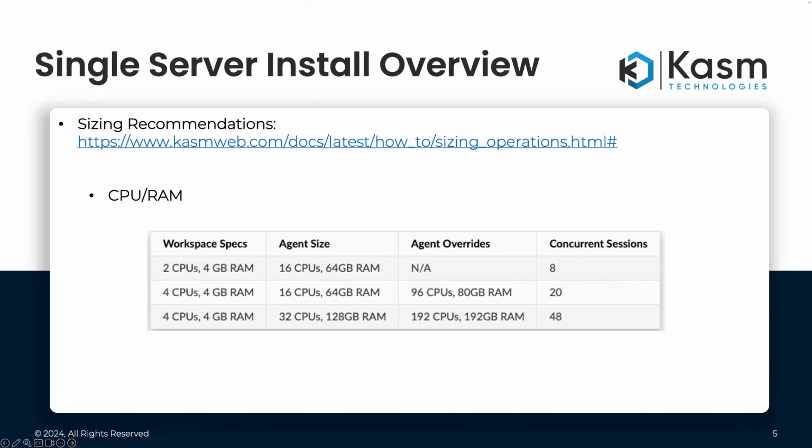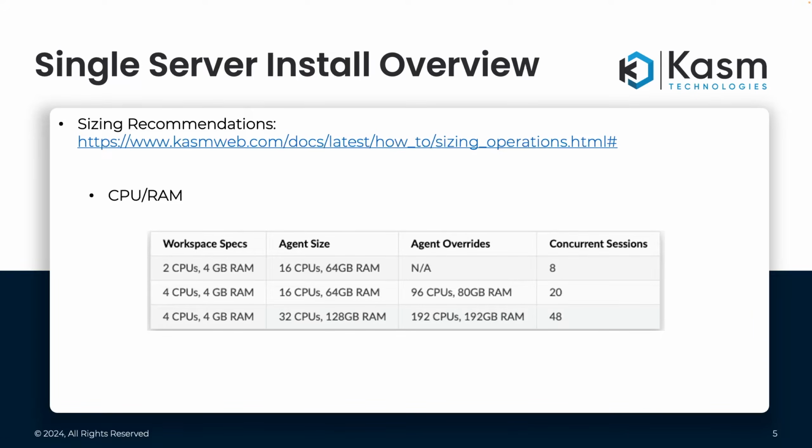These recommendations assume that each workspace running on the agent has identical specifications configured. Over here in the right column, in this first row, we're making the assumption that every workspace that gets launched needs 2 CPUs and 4 gigabytes of RAM.